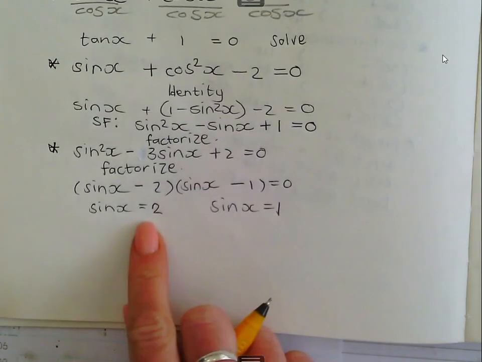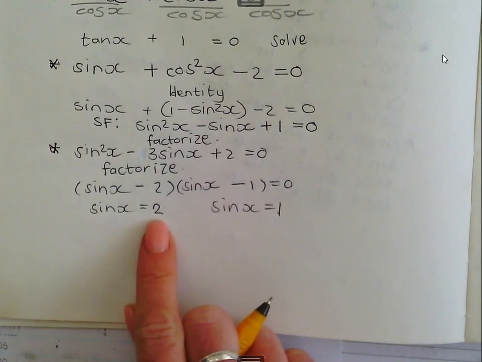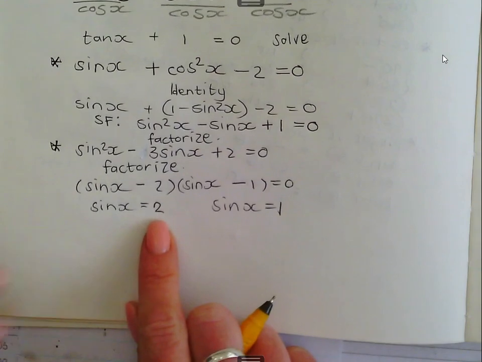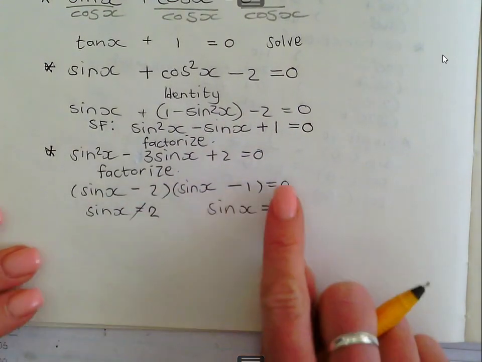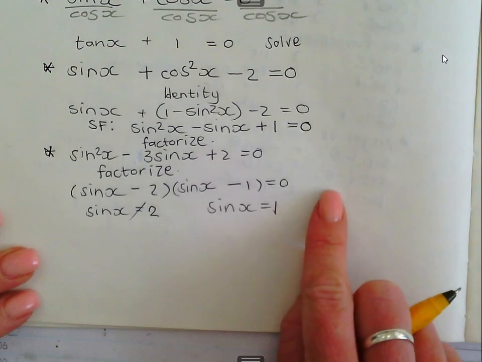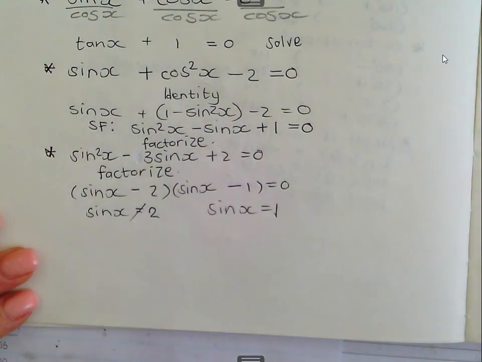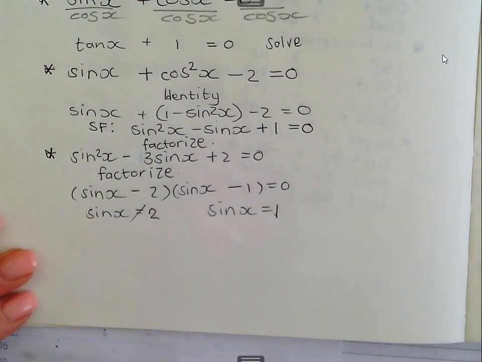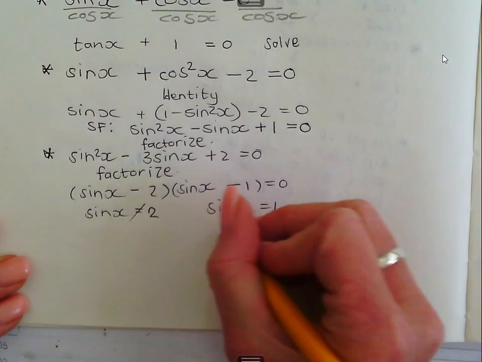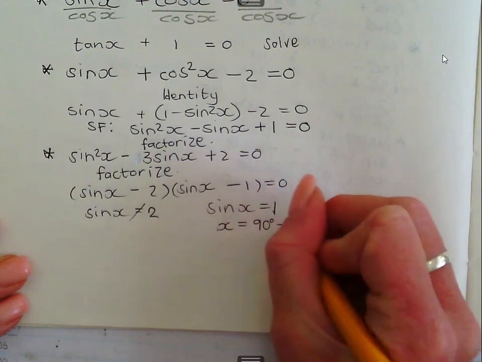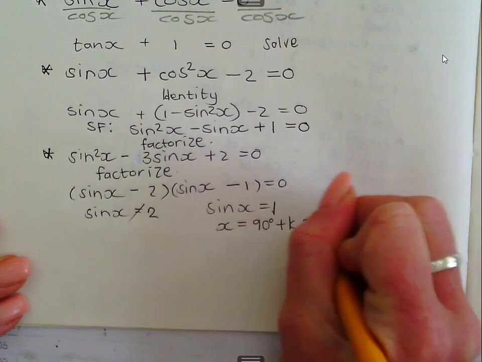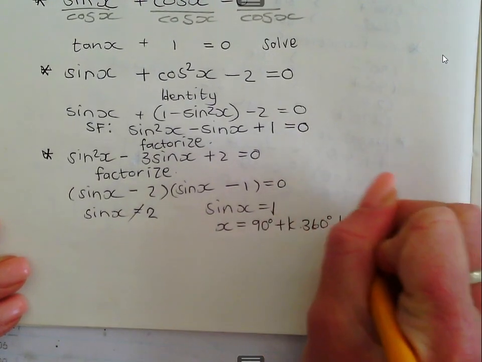But you remember, when sin and cos is greater than 1 or 2, I have no answer. So you can just draw a line through that equal to sign, and then sin x of 1, shift sin 1, you get an answer 90. In the first quadrant it's 90. In the second quadrant it's 180 minus 90, which is just 90 degrees, plus k times 360 degrees, and k is the element of z.